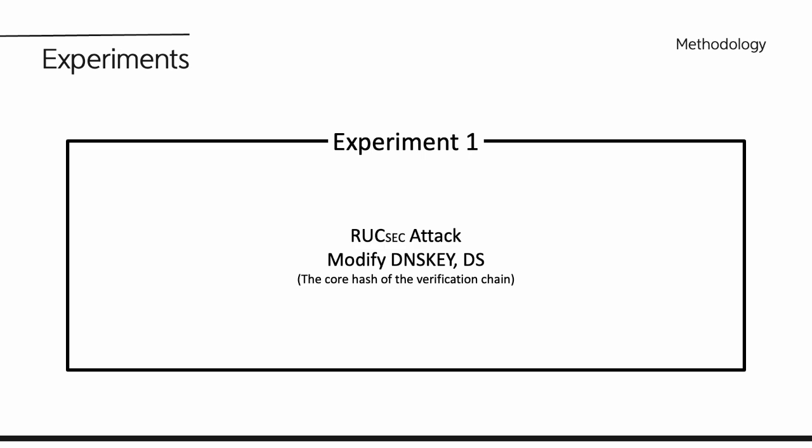By injecting forged DNSKEY or DS records into the cache, the attacker makes the resolver reuse those unvalidated records later. When a normal validated query arrives, the resolver fails DNSSEC verification and returns SERVFAIL. In this experiment, we observe how this invalidated data stays in the cache and how long the validation failure persists.